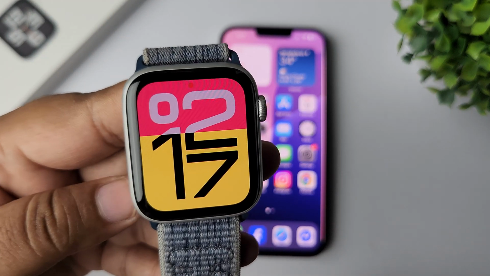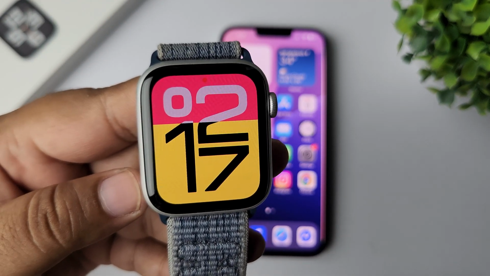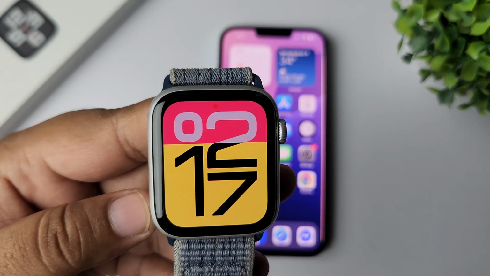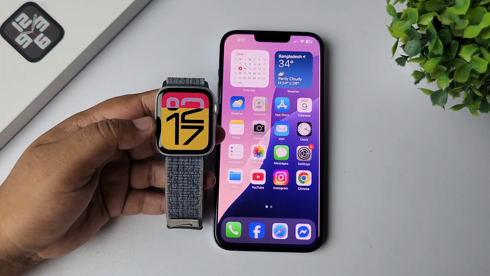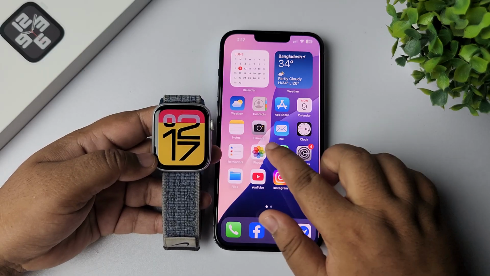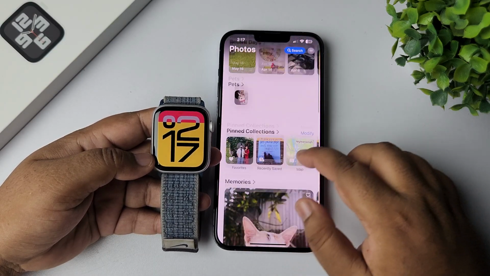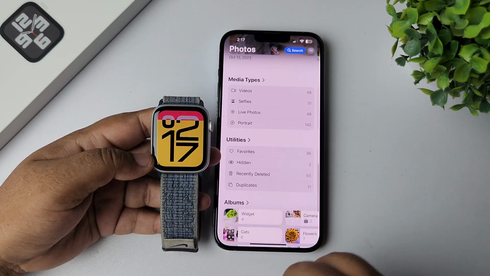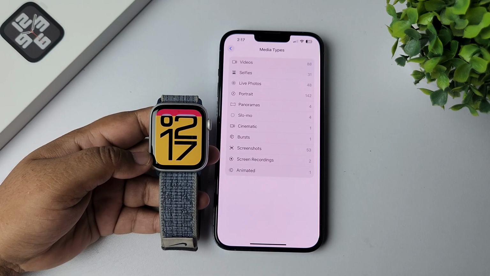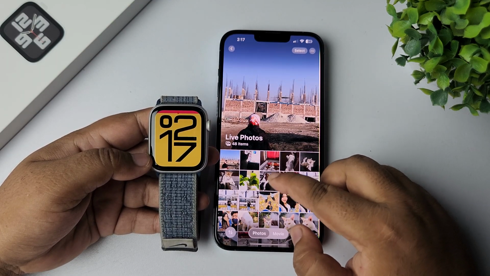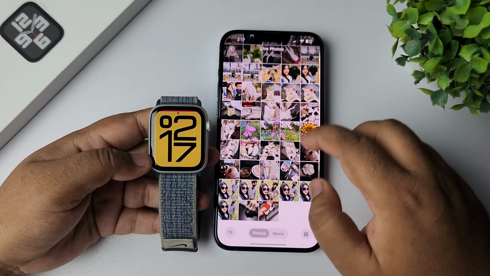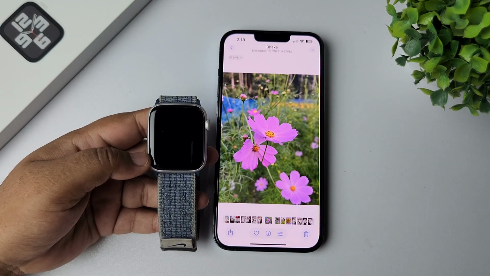In this video, I'm going to show you how to set a live wallpaper as a watch face on Apple Watch. All you need to do is go to your iPhone and open the Photos app. In the Photos app, scroll down and tap on Media Type, and here open Live Photos. And then go ahead and open a live photo which you want to set as a live